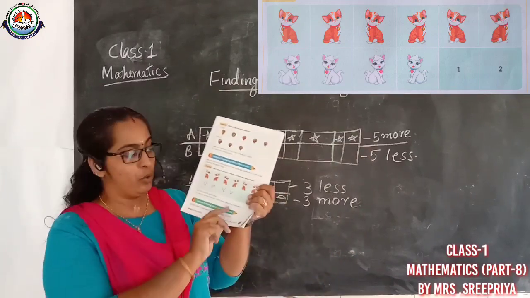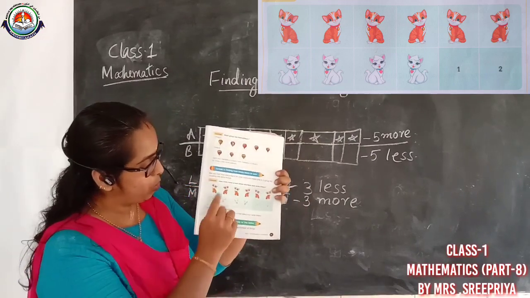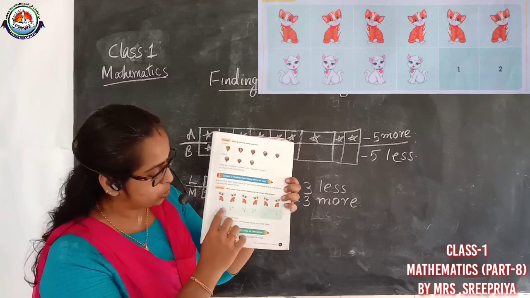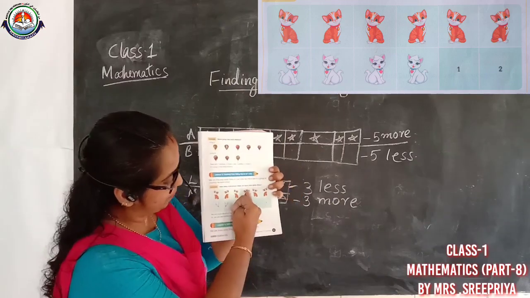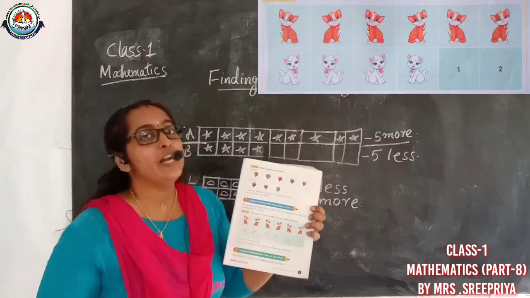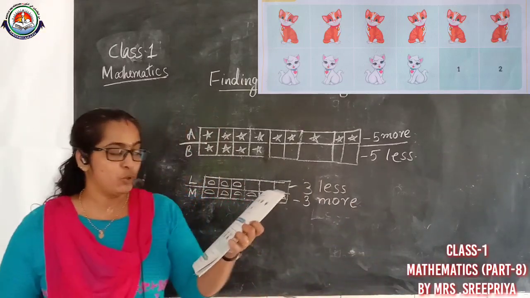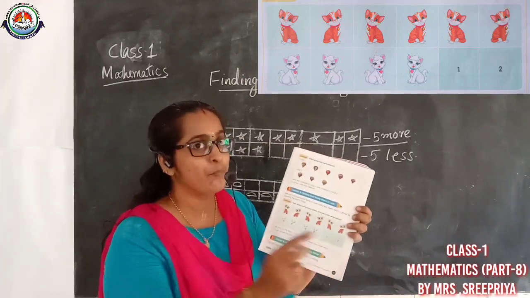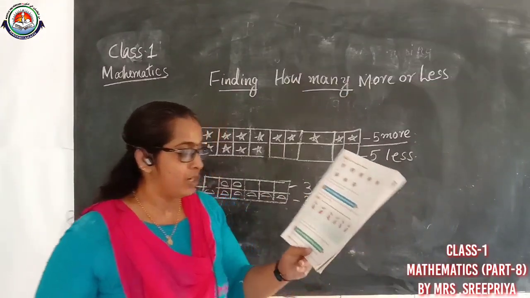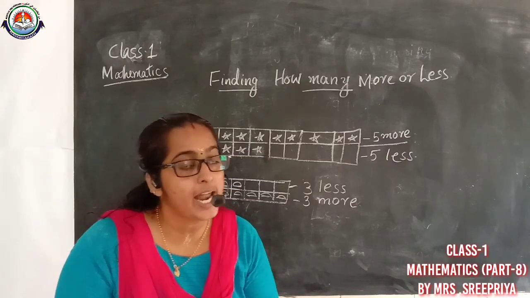So we need to know how many more this one. How can we know? We can count and check. See, 1, 2, 3, 4 and down also white kitten also 1, 2, 3, 4. So from here it is till here. These both are same. After balance, how many came? 2. Very good. That means 2 more. And what about white kitten? 2 less. Understood? Do you get it? How can we find less and more?